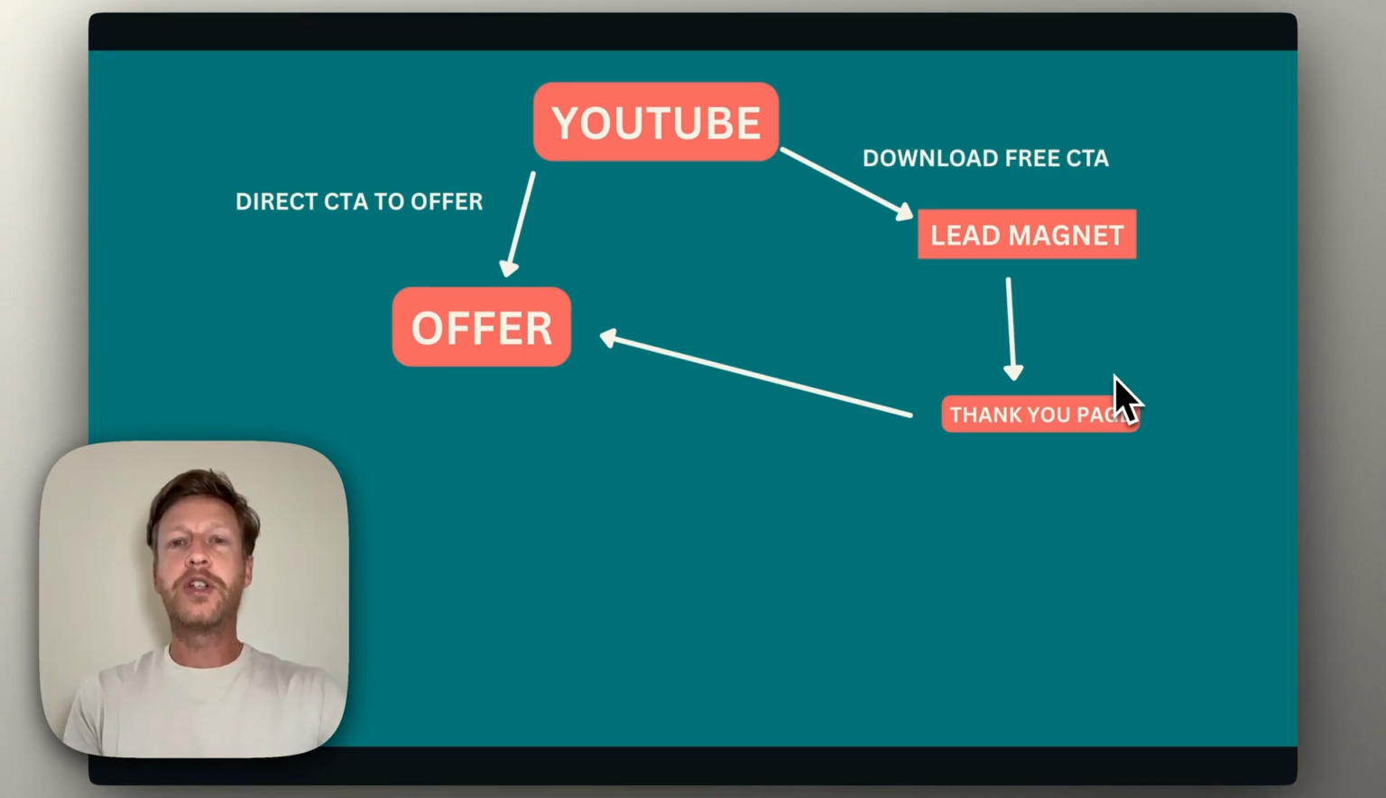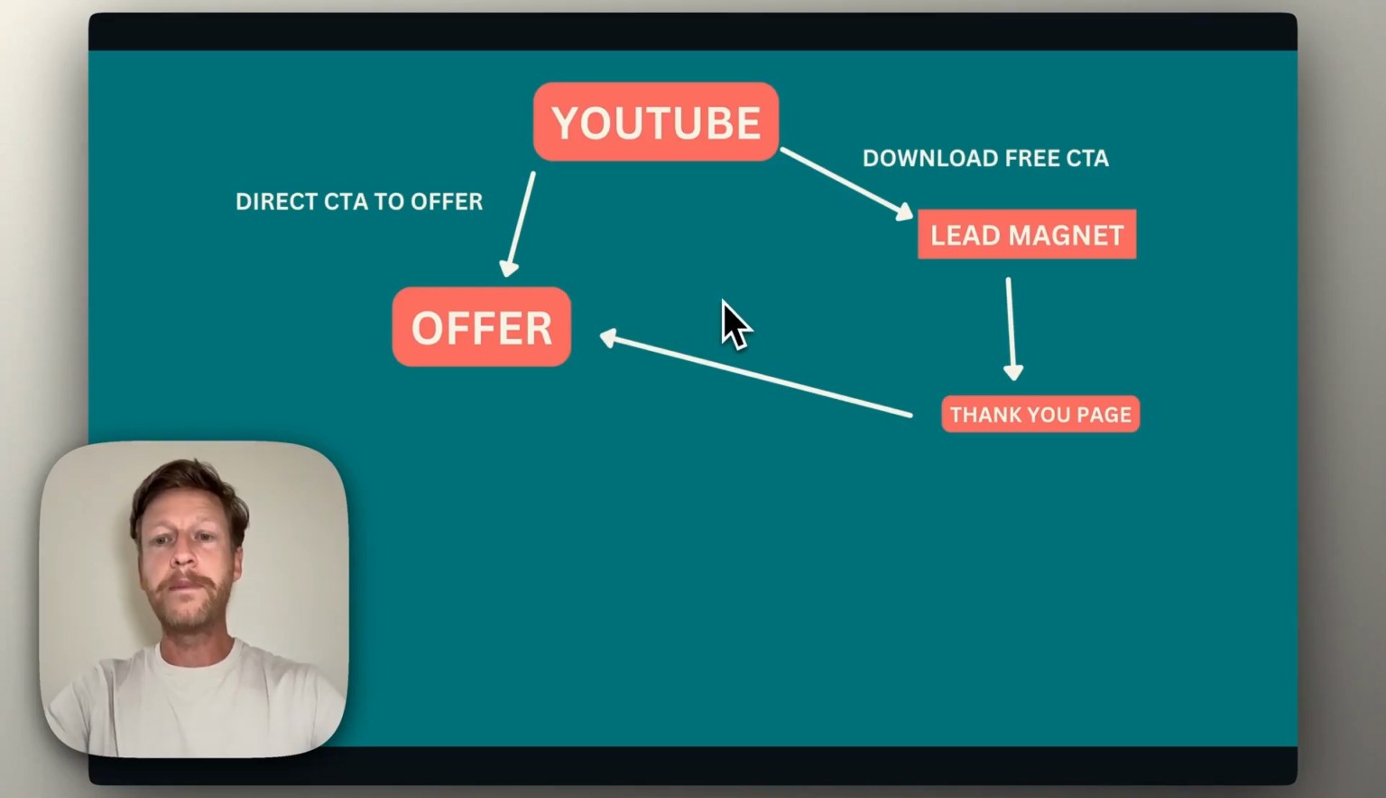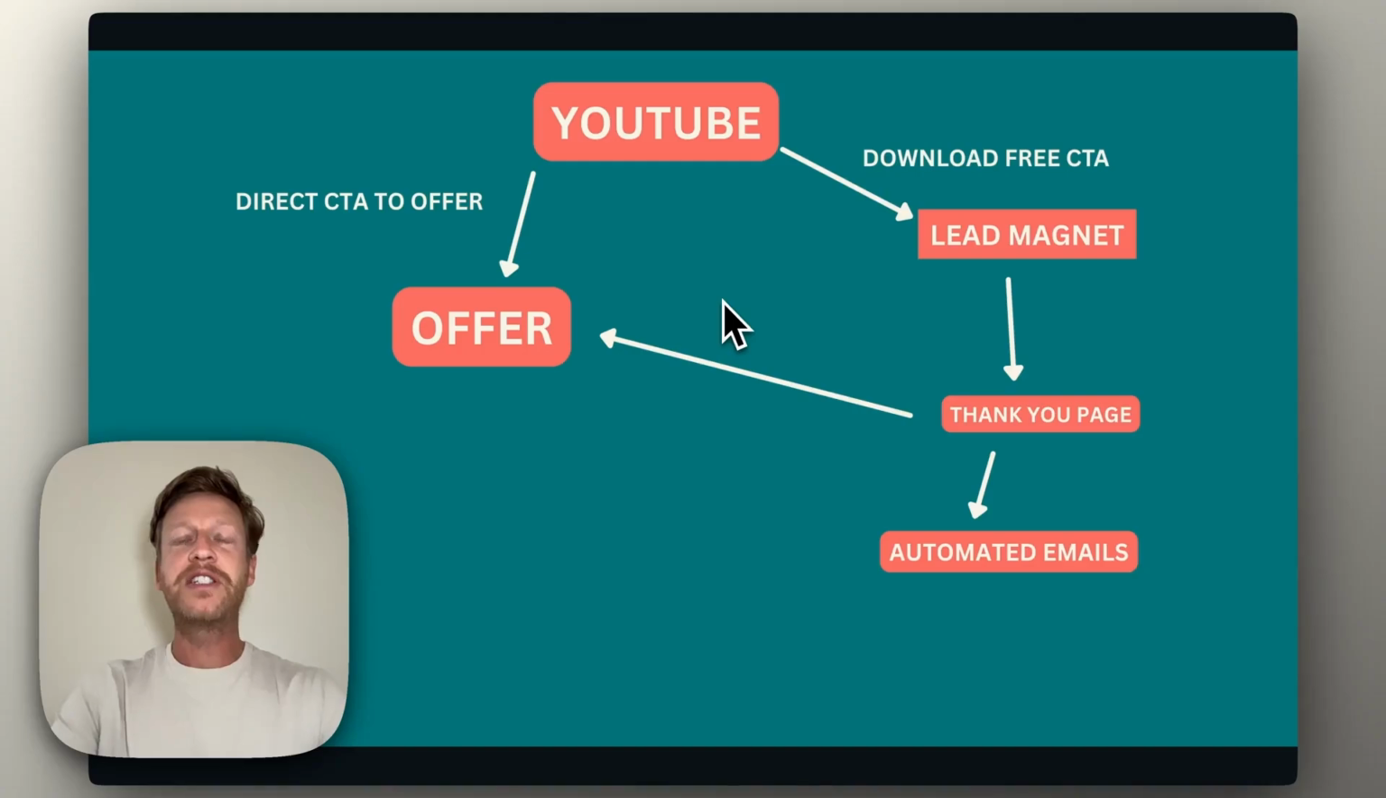Now, I like this because people have already taken this first step here with the lead magnet. They've already said yes. And then on the thank you page, you can then send them directly to your offer. And if they've already said yes to your free lead magnet, then they're more likely to then say yes to your offer too. But also after the thank you page, what we can do is send them a series of